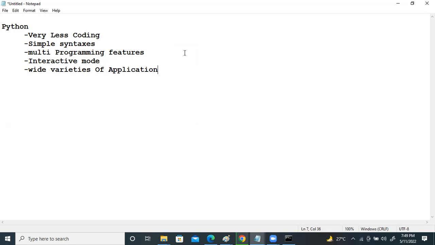Even today, in every high-end technology, we are using Python. For example, data science with Python, big data with Python, like Spark with Python, PySpark, right?